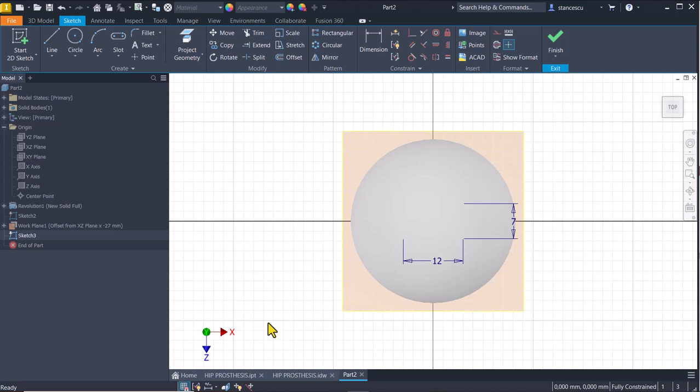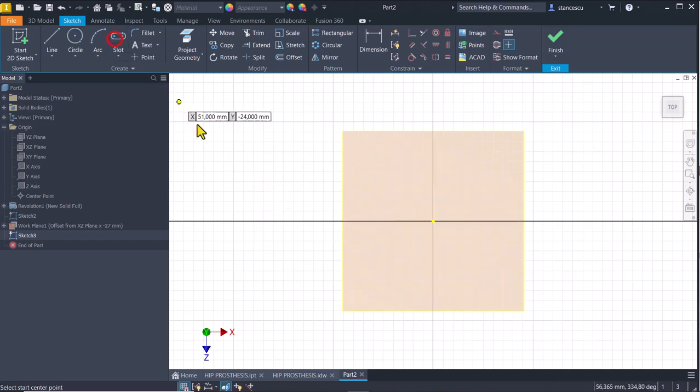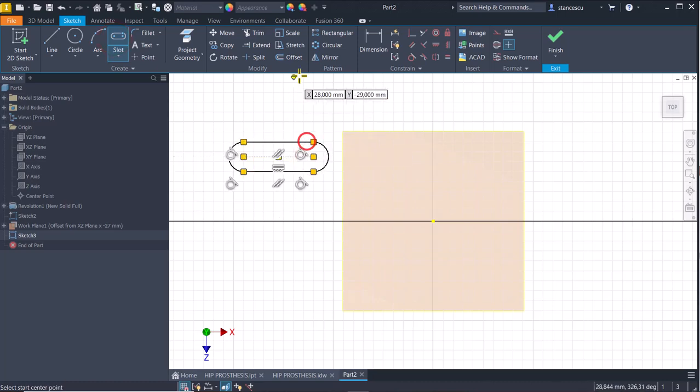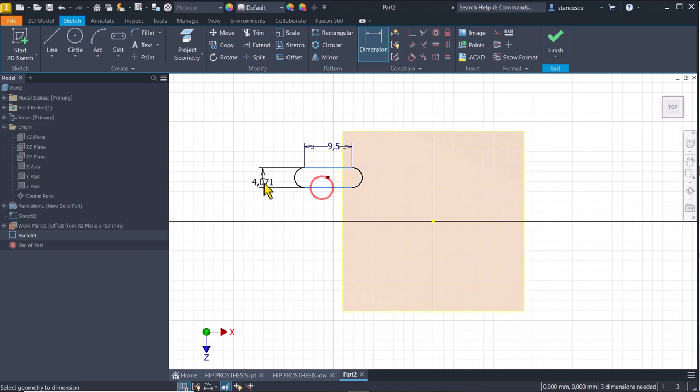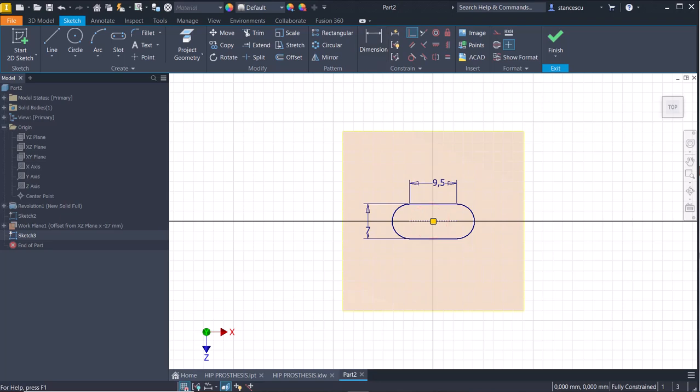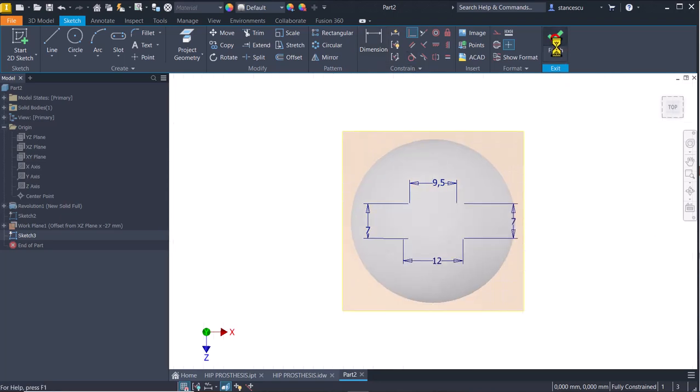X is to the right, and we'll be careful with this orientation. Slot up, 9.5 with 7. Center on the center. Okay, finish sketch,